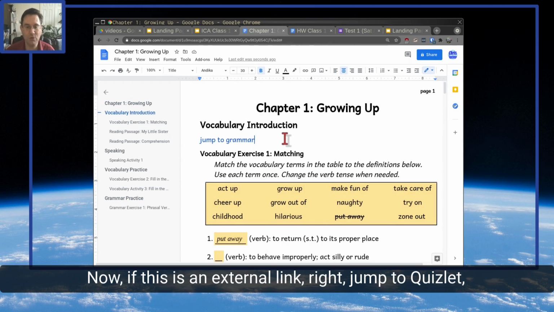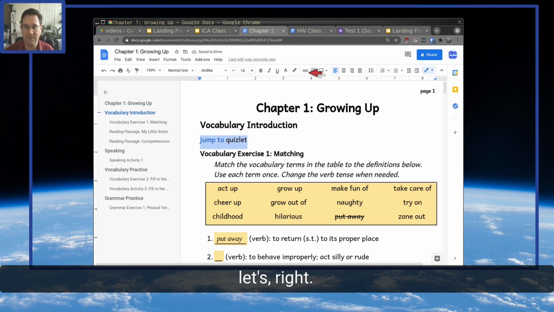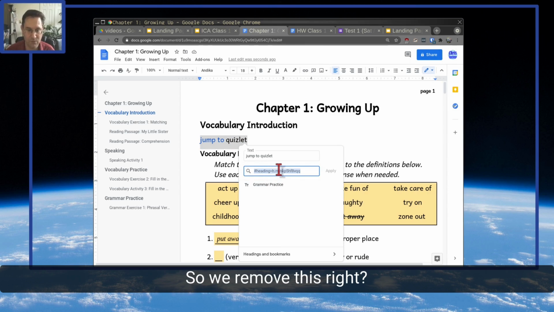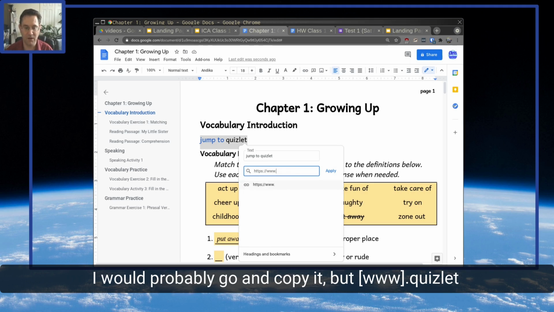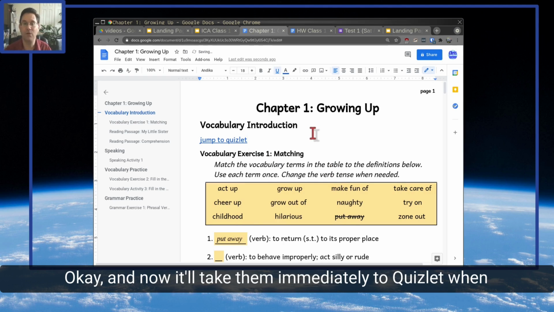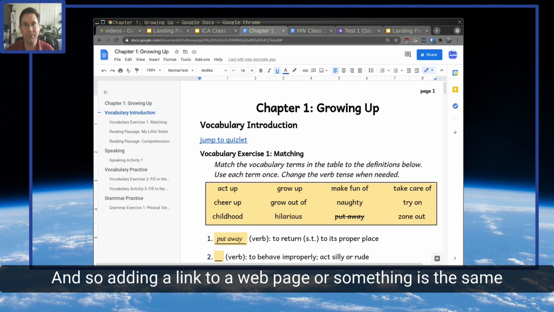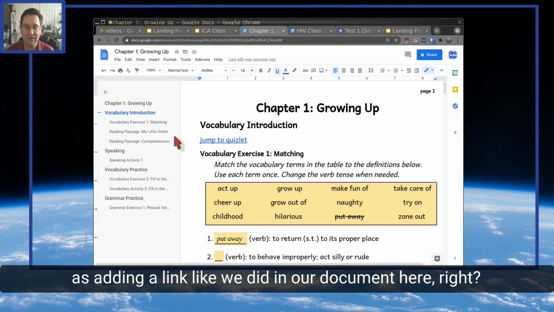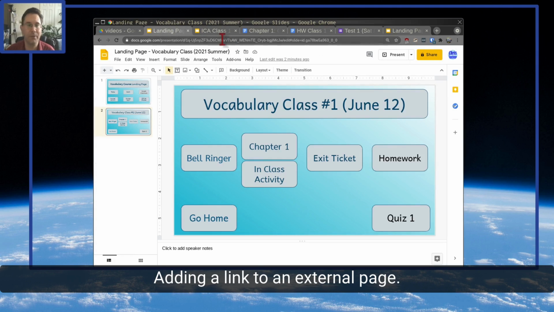Now, if this is an external link, right? Jump to Quizlet. Maybe you want to put in the, right? And here, let's, right? So we remove this, right? And now I put in HTTPS. I would probably go and copy it, but 123.quizlet.com, apply. Okay, and now it'll take them immediately to Quizlet when they click on that. And so adding a link to a web page or something is the same as adding a link like we did in our document here, right? Adding a link to an external page. Same thing,